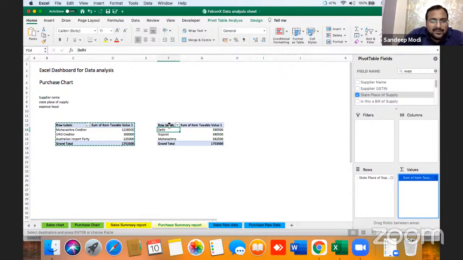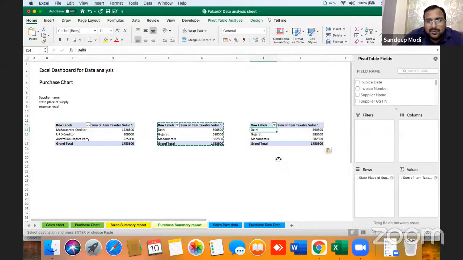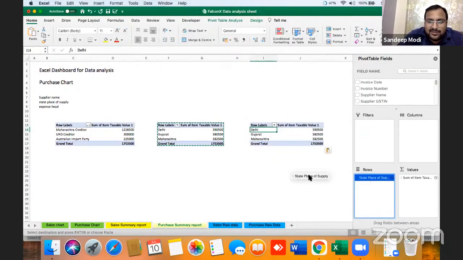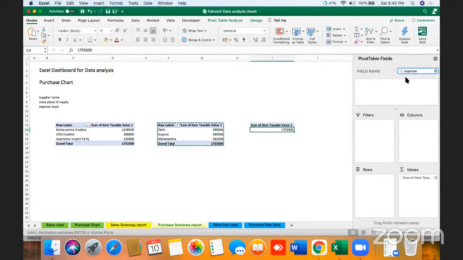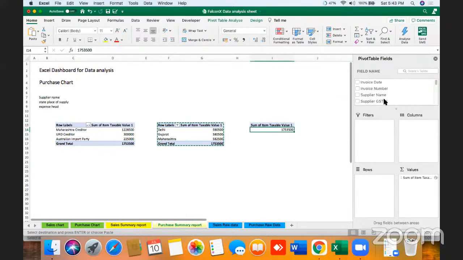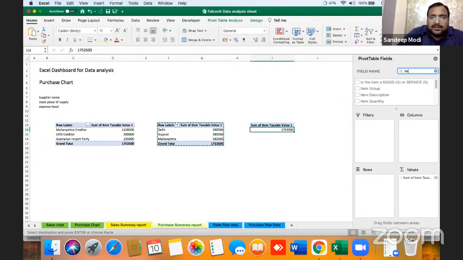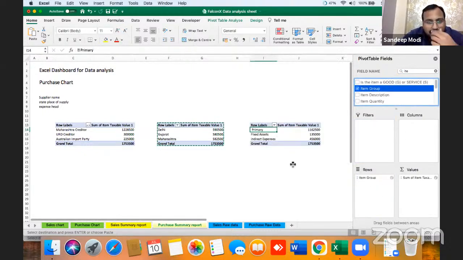Simple pivots I'm creating, no rocket science. Copy, paste. Now instead of place of supply, I want expense wise. Item wise. Item group name coming in.